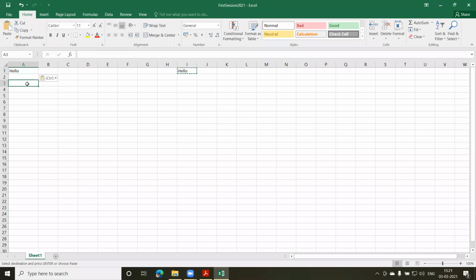I can paste it multiple times. So I click on this, it is getting pasted. I go here, I click on paste, and so on. So multiple locations, I can go and paste my content. So copy paste is different, cut paste is different. Cut paste will remove the content from the initial location, and wherever I want to paste it, I can paste it or move it.